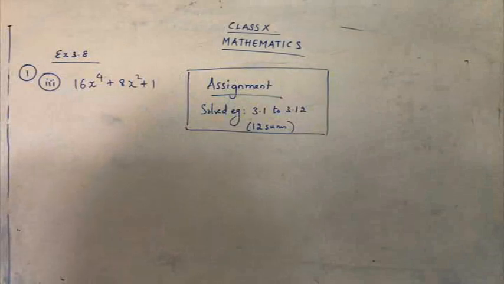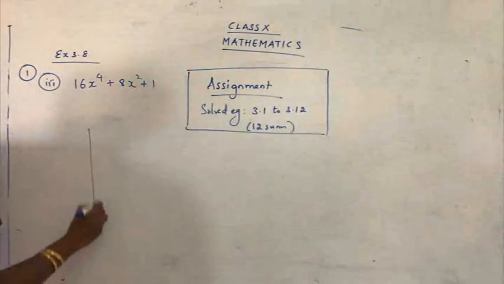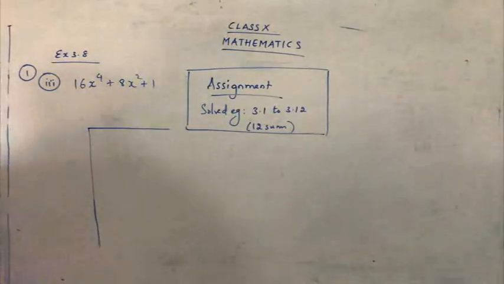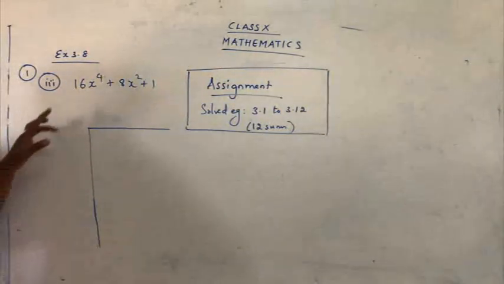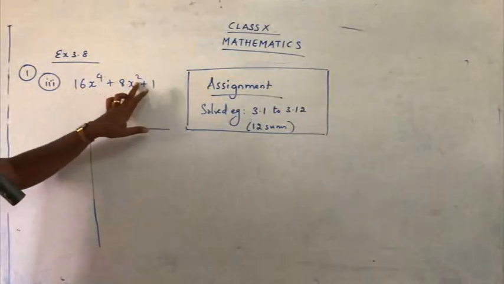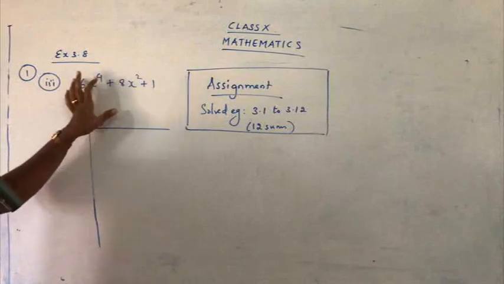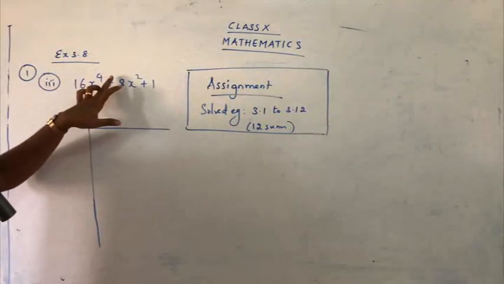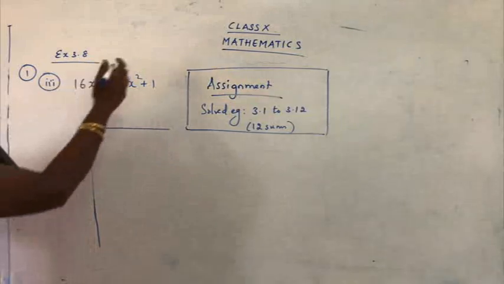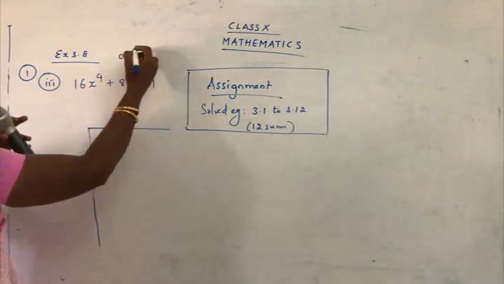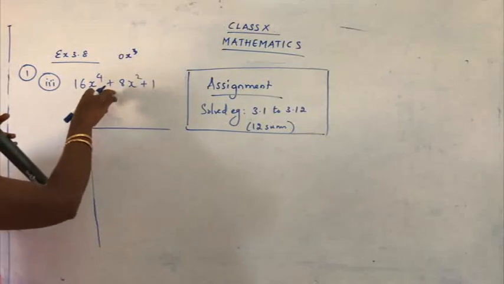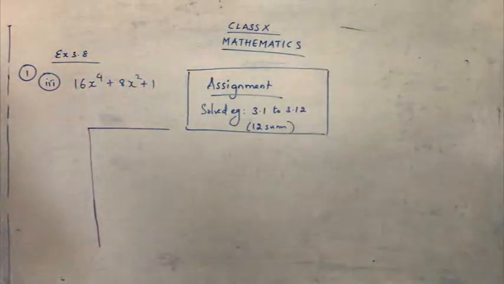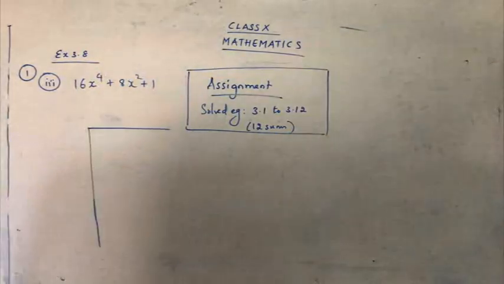Okay. So draw a division line over here. First of all, check whether the polynomials are in standard form. Is it in standard form? x to the 4, 3 is missing, no problem. 2, 0. 1 is missing, yes, but that's not a problem, this is in the standard form. The power 3 is with the 0 coefficient. See, 0x cube is 0, that doesn't have any value. So no need to insert 0 over here. So let's keep the sum as it is. So 16x raised to 4 plus 8x square plus 1.